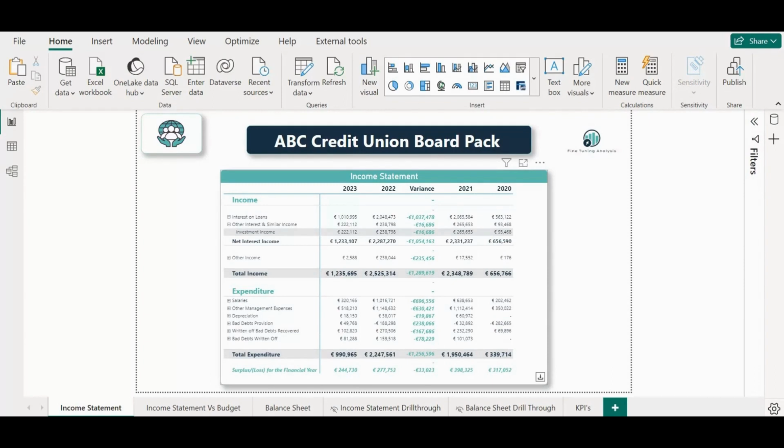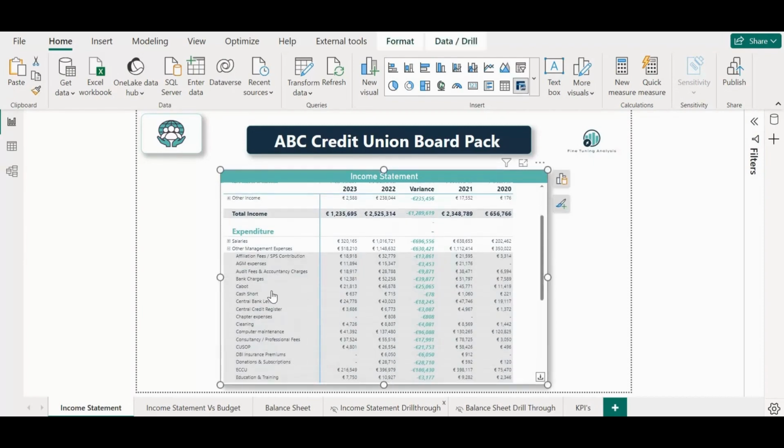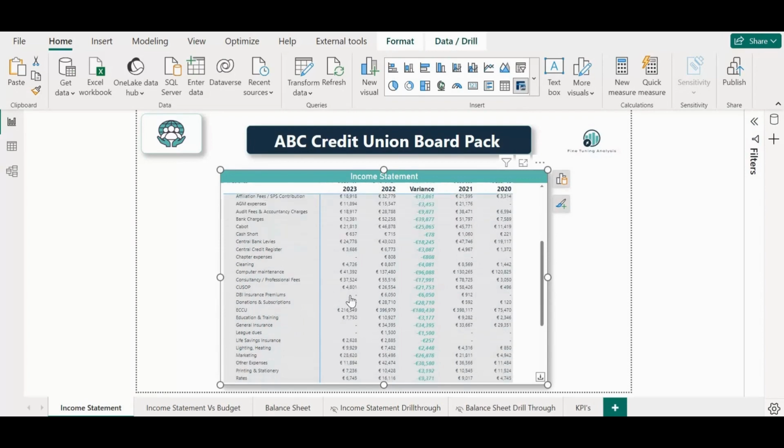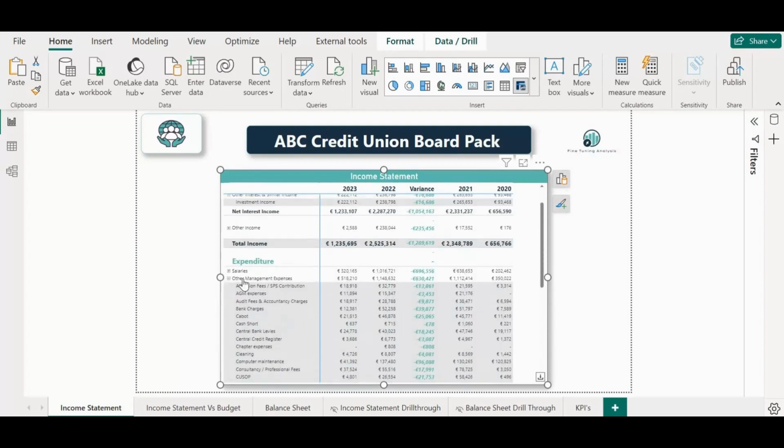So you also have pretty cool features here like drill through. So if you want to see more detail on the other management expenses, for example, you just click that little plus. I have chosen to highlight these rows just so the user knows that these are the fields that you're drilling into. So you can see there all of the details within those expenses, and they sum up to this